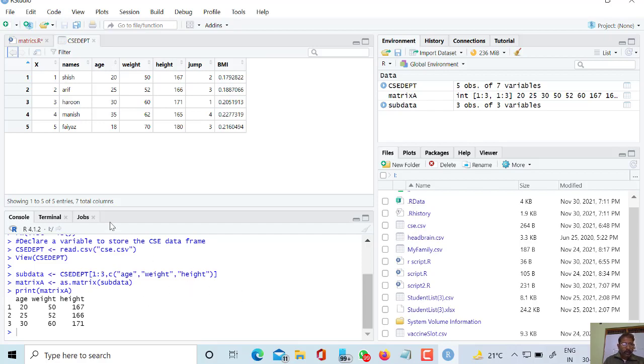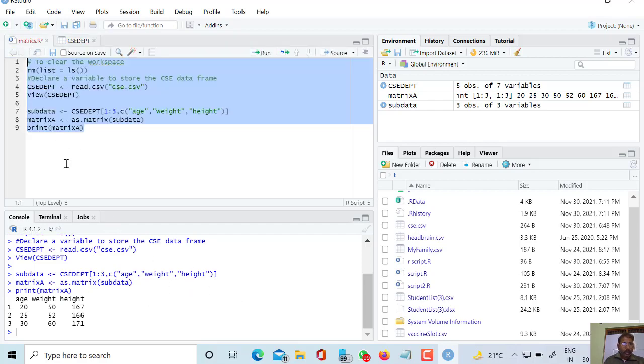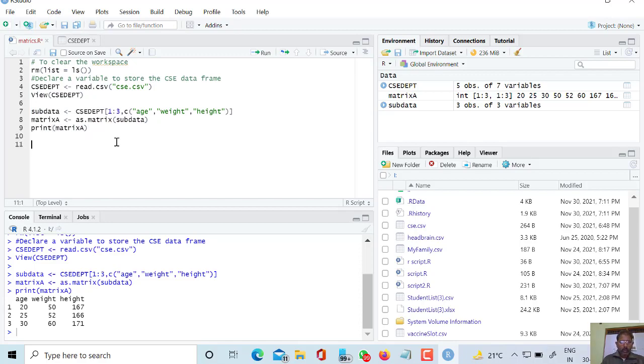Now one more thing is that if I want to print the identity matrix, suppose I am taking value as the variable, then what are the values for the identity matrix? 1 0 0, 0 1 0, 0 0 1.